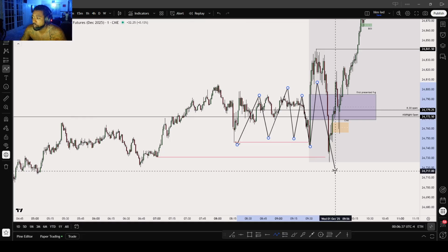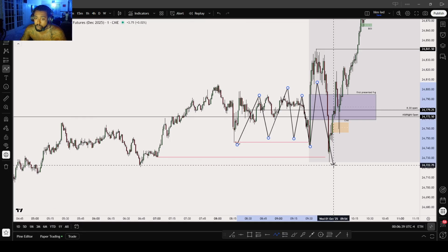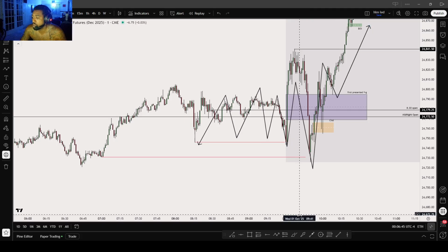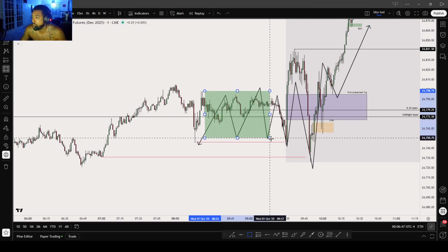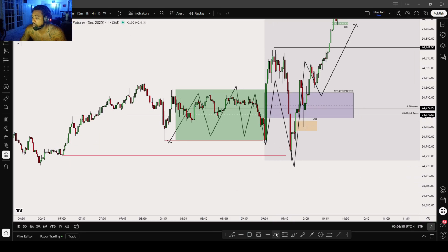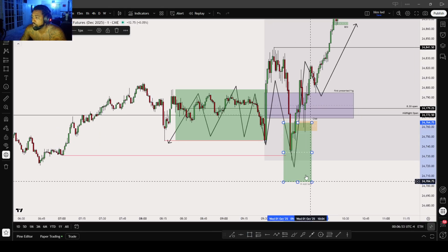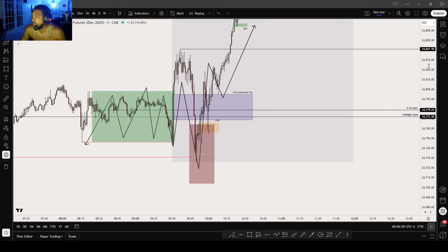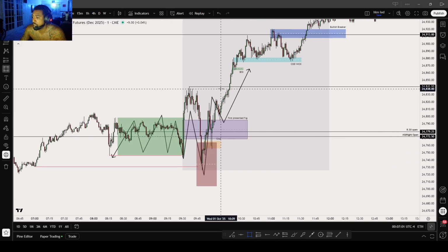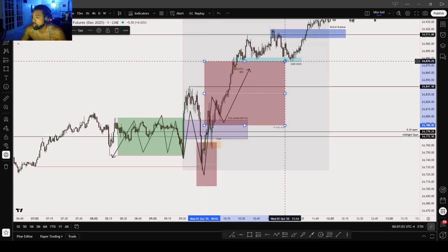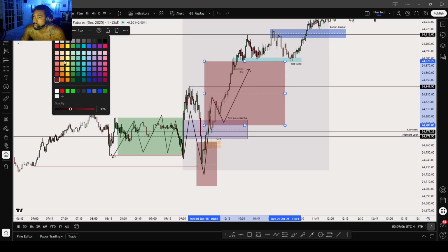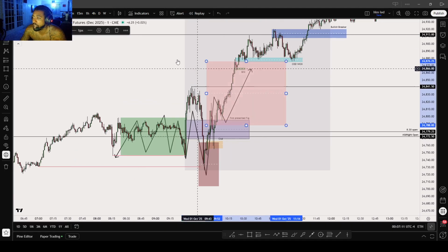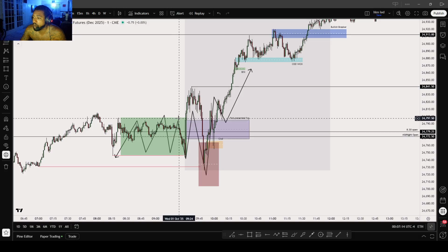Manipulate lower, which is the AMD model, sweeping out some lows, and then we get the distribution leg. So we get the accumulation leg here, which is just back and forth, and then you're looking for the manipulation leg down here, freaking people out, thinking that we're going to go lower. And this is the play that I like to engage in right here, this long, which is the distribution leg. So that's the AMD model, and that's what I was already expecting from the morning shift.